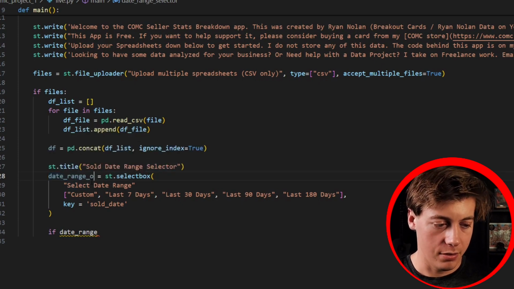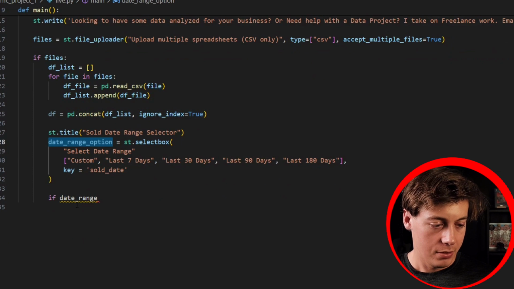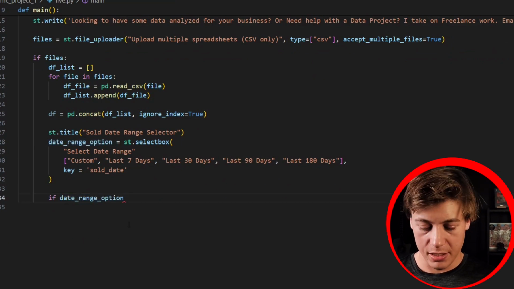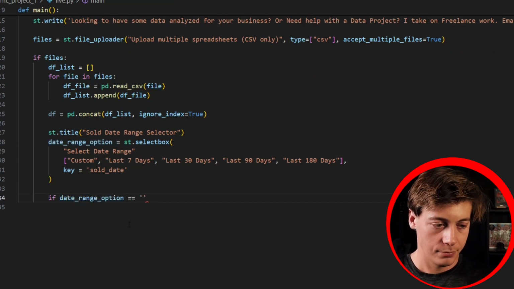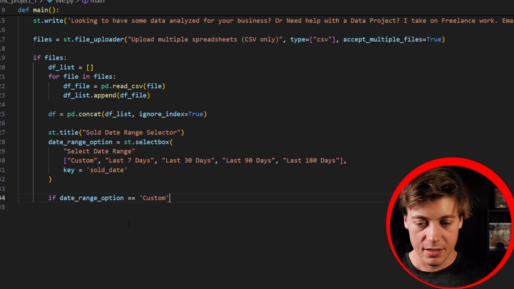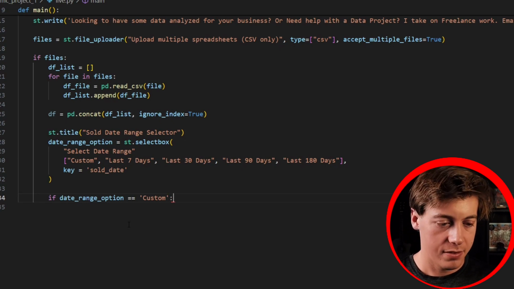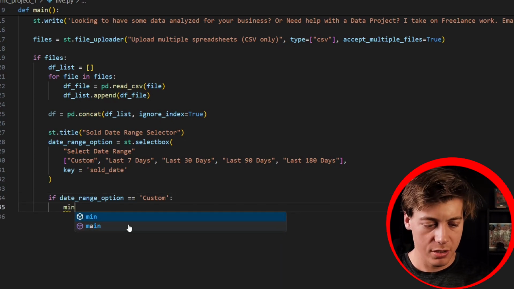I have all my source code here on the right, so I'm reading that off as I type, but we're going to say if date range option equals custom. I could not spell today. Say that it's 8 o'clock on a Friday. Okay. So regardless, if it's custom,